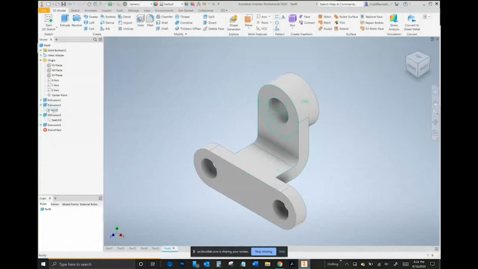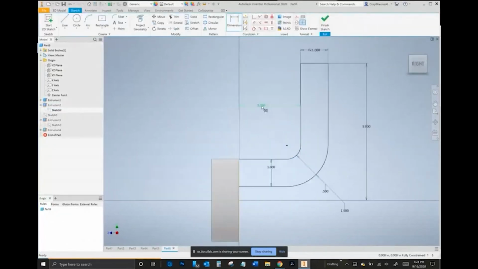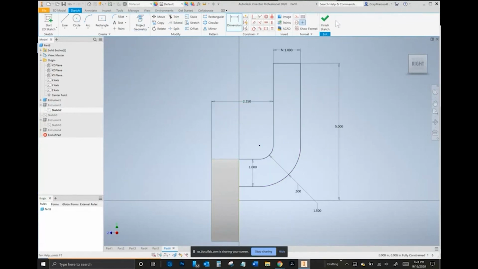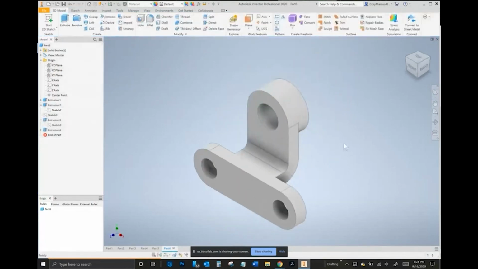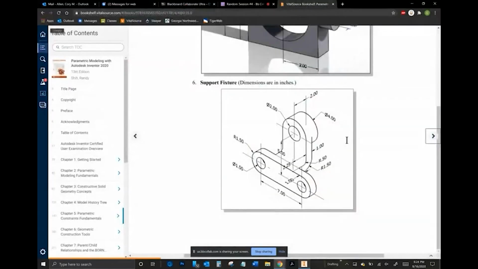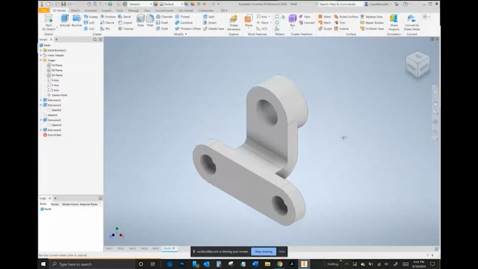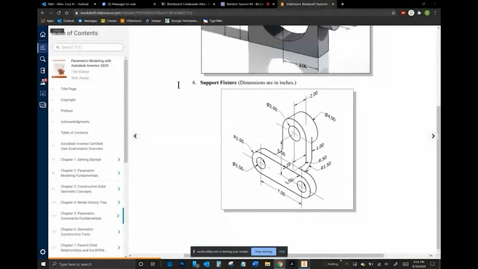Oh, you know what, guys? I moved. I don't know if anybody noticed that. It's 2.25 is to the other face. Here we go. Sorry about that. That's going to be